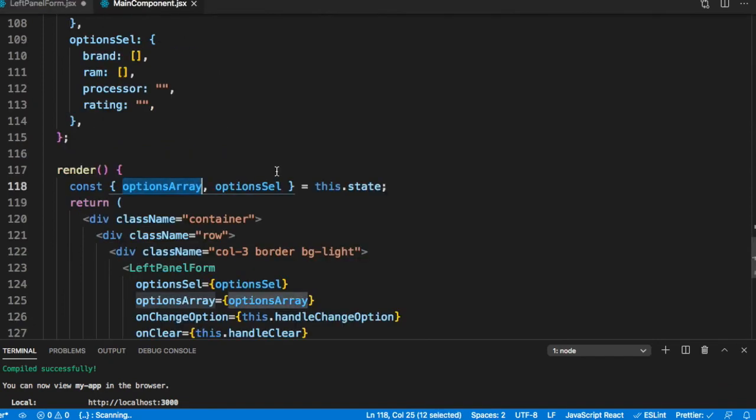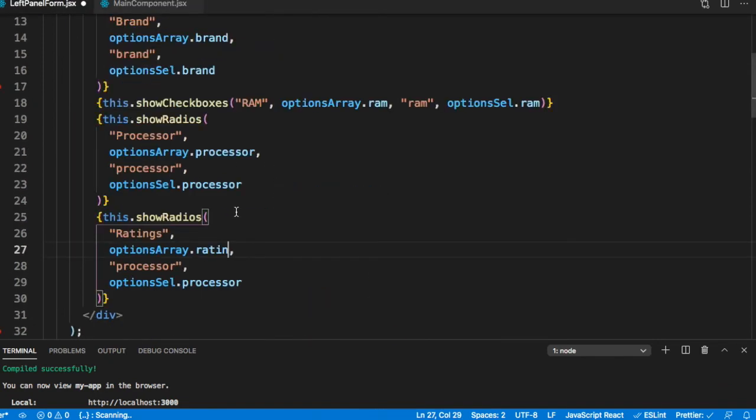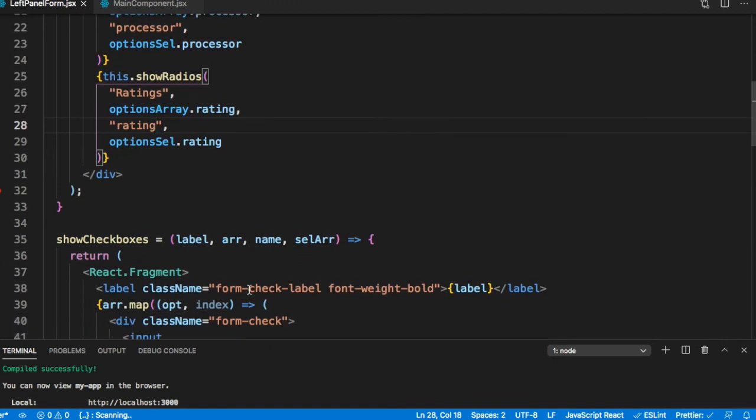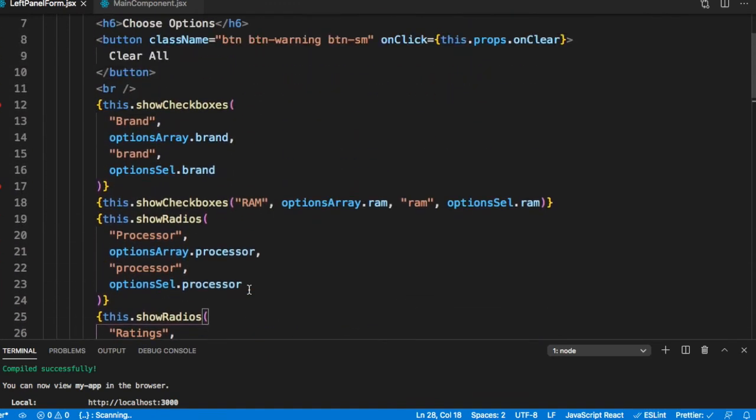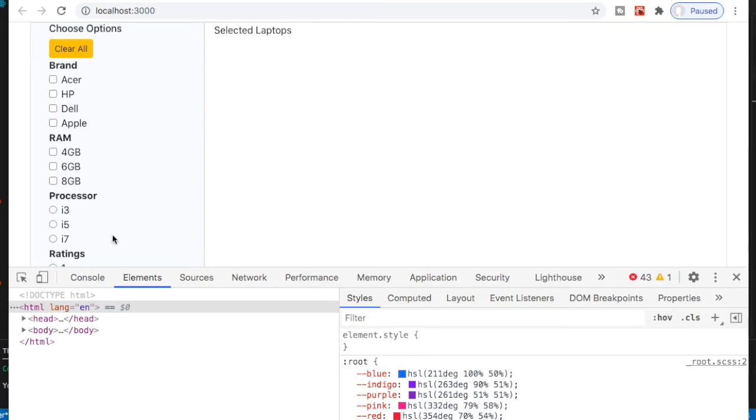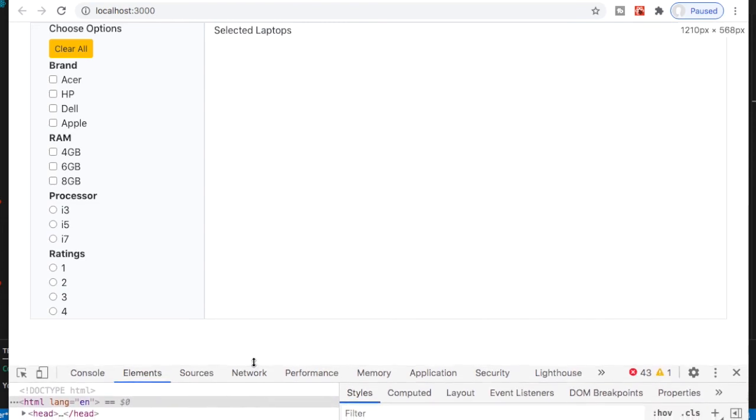What's the name? It's rating. So we have just created the rating. Now let's test it. So this is showing us all the options on the left.